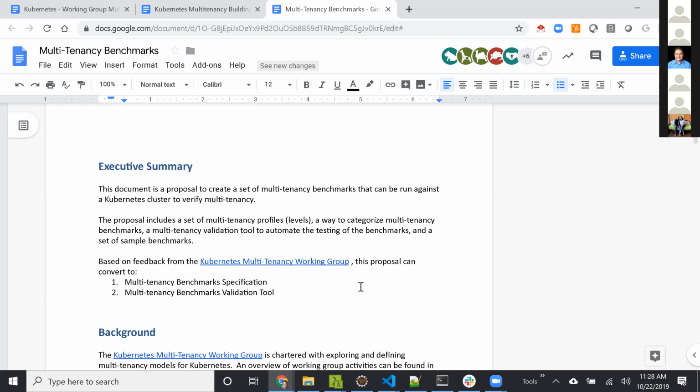Mainly we wanted to verify that this is a reasonable effort, something we should pursue, which will provide value to what everybody is trying to achieve with the working group, and fits in well with the other projects.